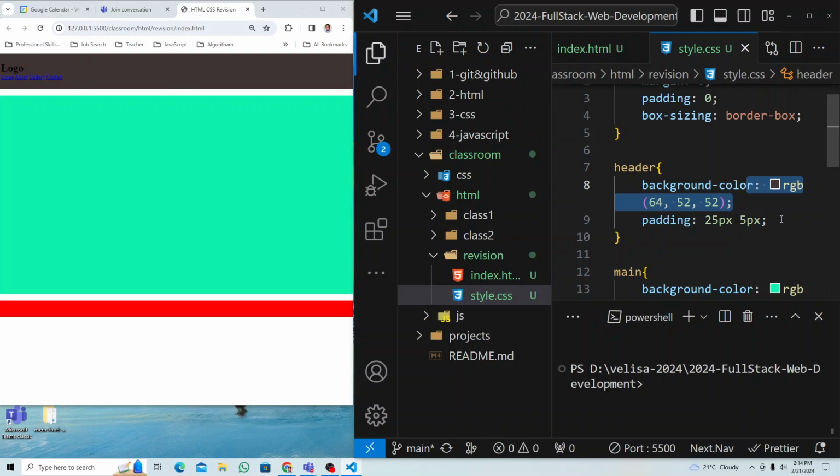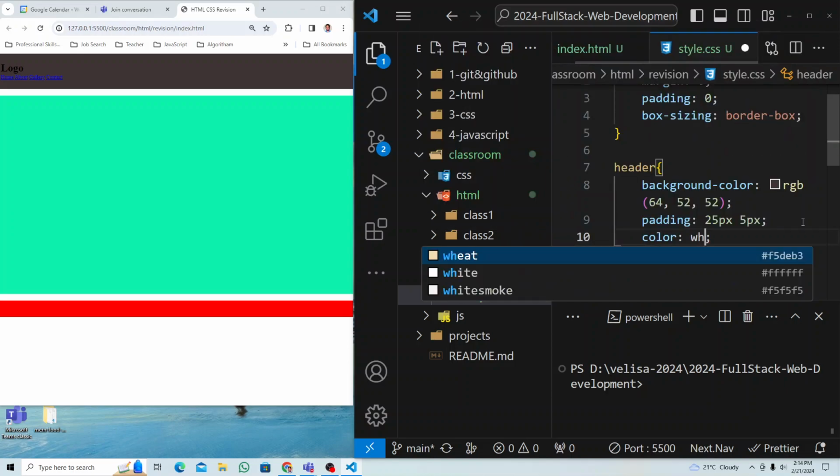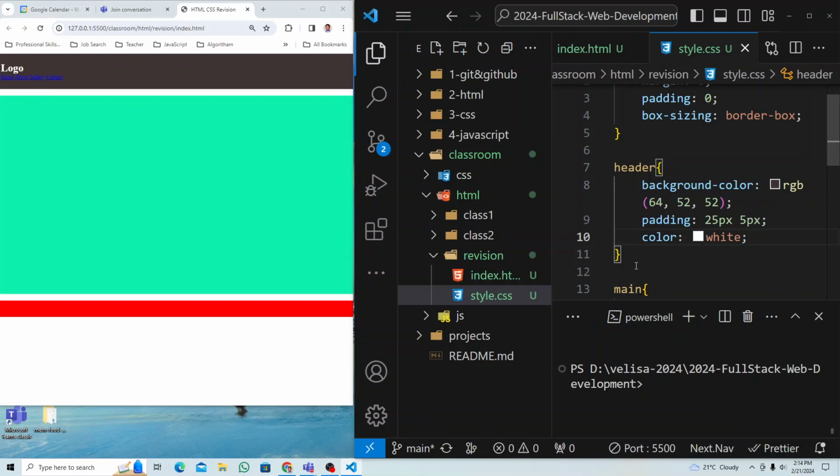Yeah, now you need your text to be white, right? Control Z, so you can play around. Color needs to be white. Good, fine. But the a tag is an inline element, right? You cannot change it that way, so you have to put it in the a tag itself. But what I can do now,